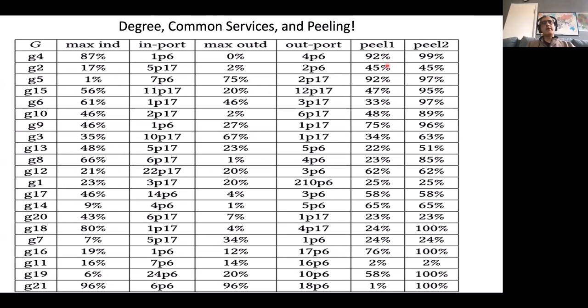The second column shows the highest degree node, and what percentage of nodes it connected to as a service, in the direction. For peel, I just did undirected. You could do it for directed or port differentiated. For these first few columns, I'm using the direction. So you can see what port and what fraction of the nodes. Again, these are insights for the user to see what the common services are, and remove them for subsequent tasks,